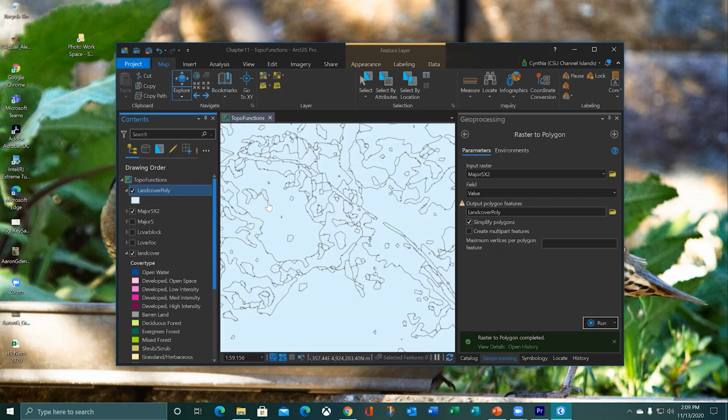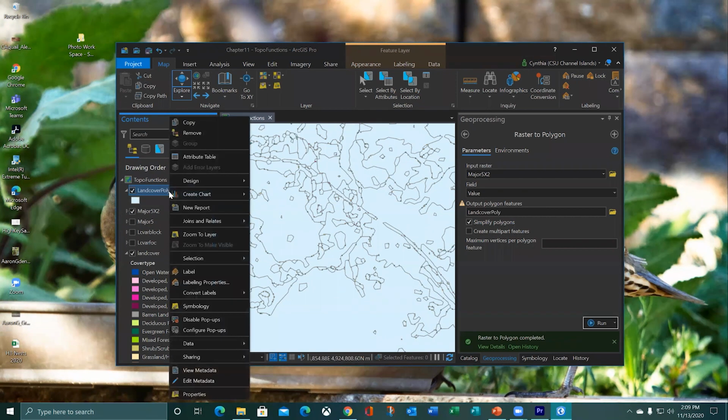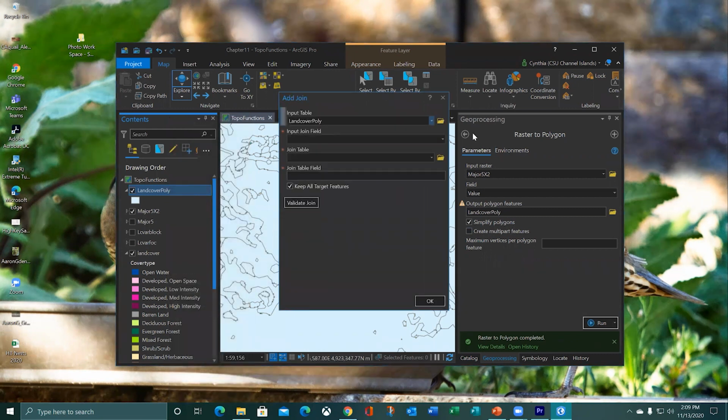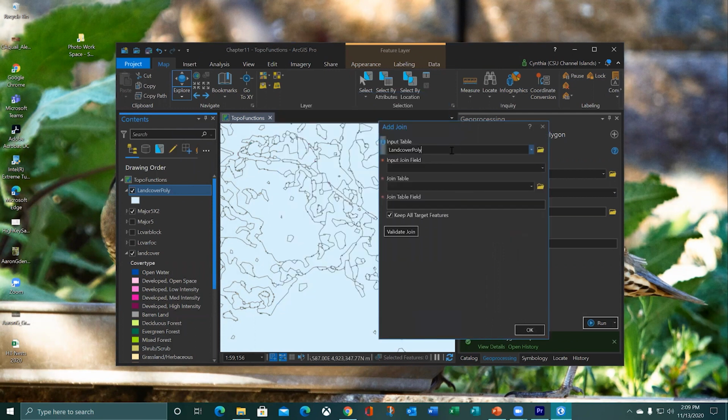So we're actually going to do a join. So I'm going to do it this way. I'm right-clicking on the land cover poly. I'm going to joins and relates, add join. You could go through the geoprocessing pane, but I'm used to doing my joins this way. So our input join field is going to be that grid code with our land use number codes. So we're going to join this to our land cover